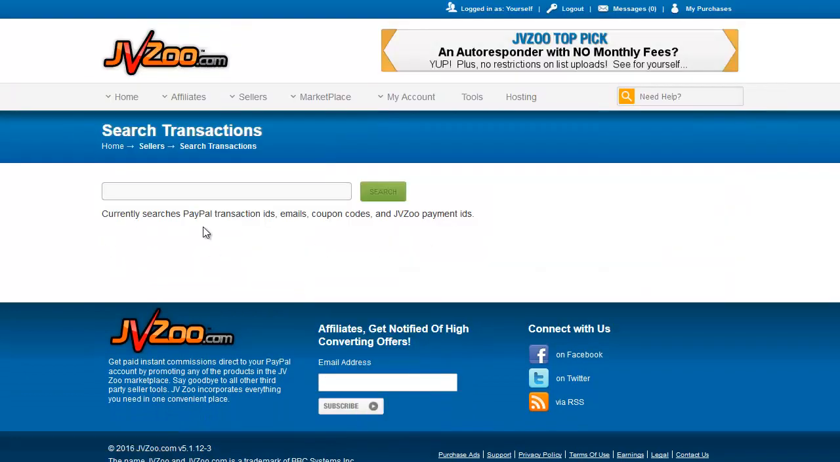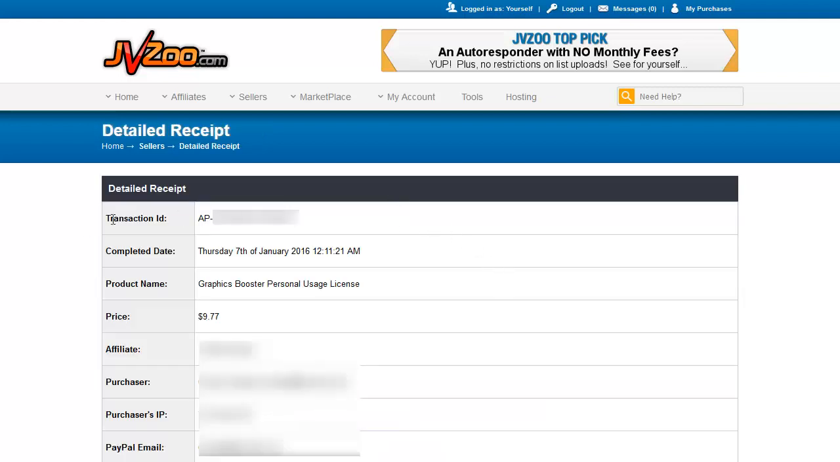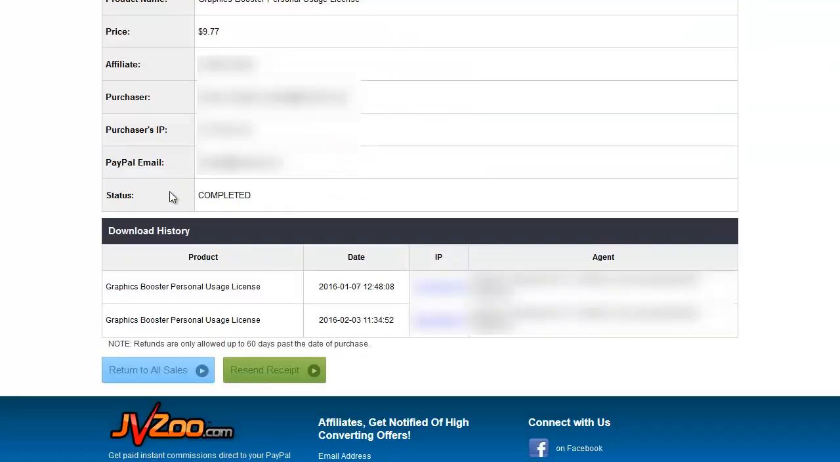This allows you to search for specific PayPal transaction IDs, emails, coupon codes, and JVZoo payment IDs. For example, I'll put one of my JVZoo payment IDs in here. This is the receipt number from one of the sales that I've made. When we search for that, it brings up a detailed receipt showing the transaction ID, when the sale was made, the date and time, the product name, the price that was paid, who the affiliate was, who the purchaser was, the purchaser's IP address, the purchaser's PayPal email, the status of the sale, whether it's completed or refunded, and then